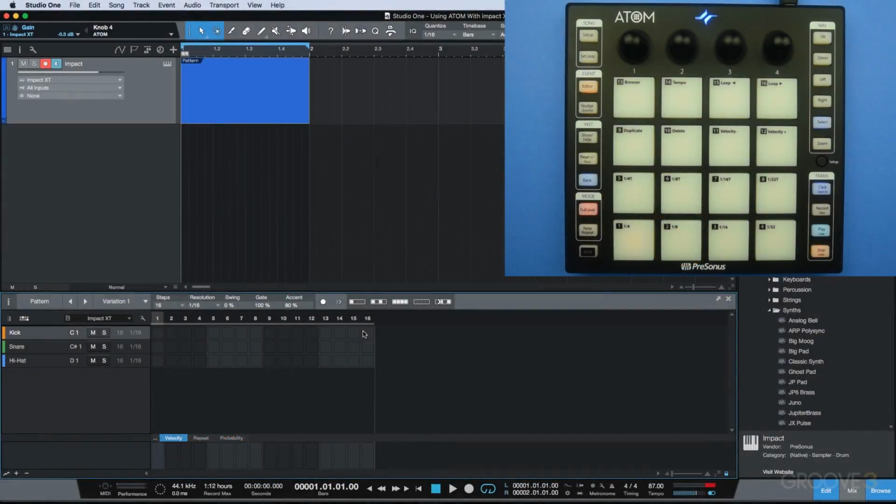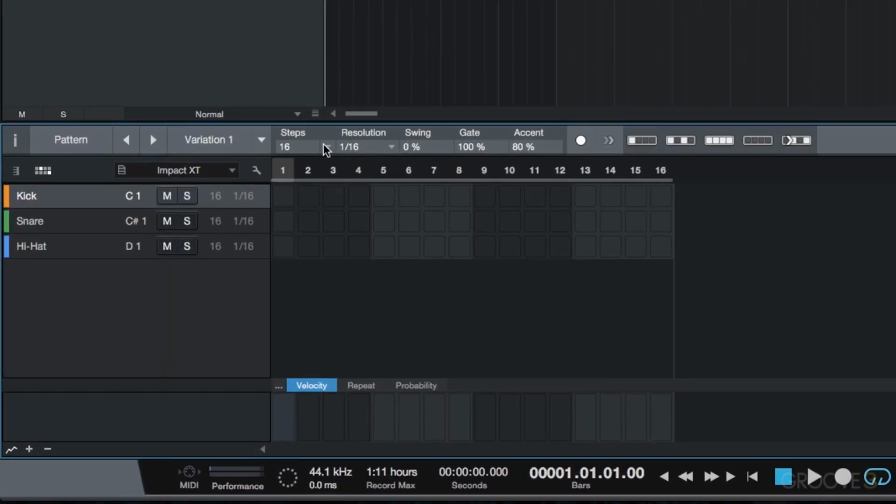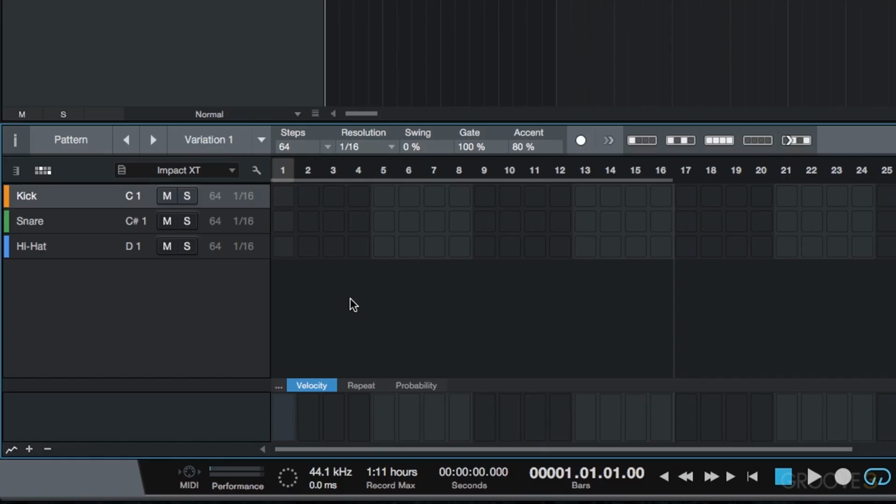So far the drum patterns that we've been working with have only been 1 bar long, and usually when you're programming drum parts for a song, you want your drum parts to be a bit longer than that. So to create a drum pattern that's longer inside of this step sequencer, what you can do is go over to the amount of steps here along the top, change that to 32, which in our case would be a 2 bar long clip. You could change this to 64 if you'd like it to be 4 bars long,